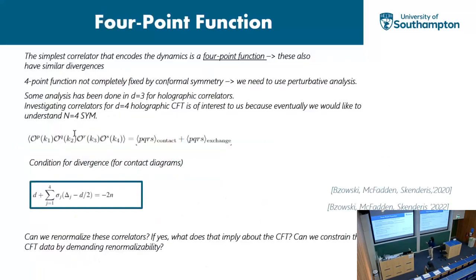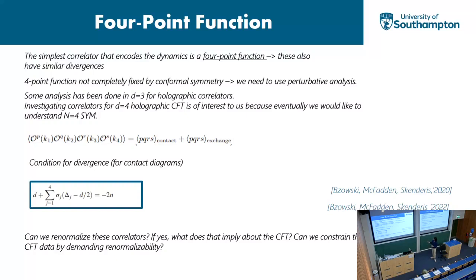Now the next most natural thing to look at would be the 4-point correlator. It is the simplest correlator that encodes the dynamics of the theory. So we expect that the divergences that this 4-point correlator will contain will give us some insight into the theory. Now we should recall that a 4-point function is not completely fixed by conformal symmetry. So we need to first fix a theory, and then we need to use perturbative analysis. So for our purpose, we are looking